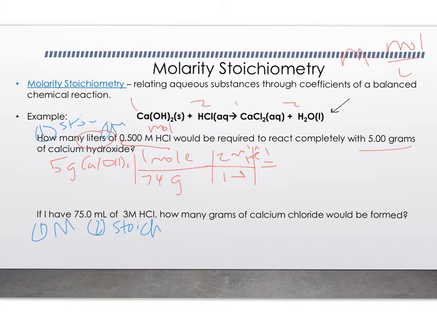Multiplying everything across, dividing by the bottom, you should get 0.135 moles of HCl. Keep in mind that whenever you're doing a molarity calculation, every variable has to describe the same substance. That's why we're converting to moles of HCl, because we're given molarity of HCl to ultimately calculate the liters needed